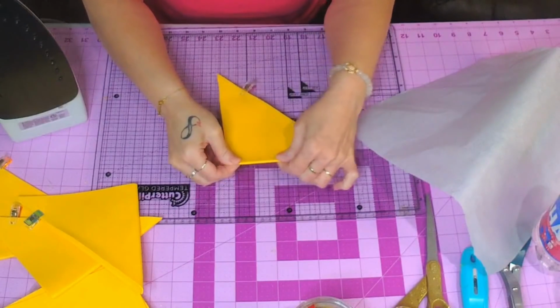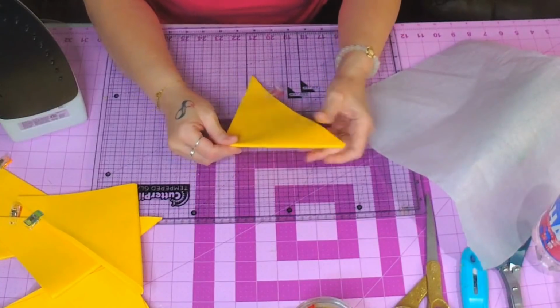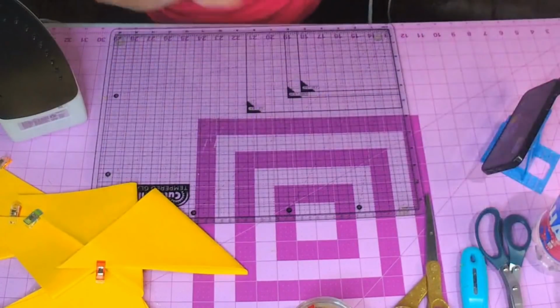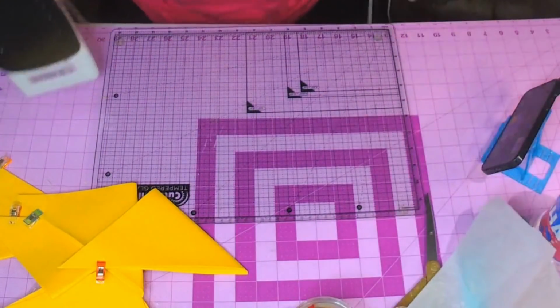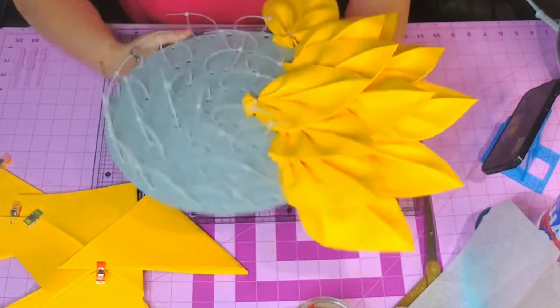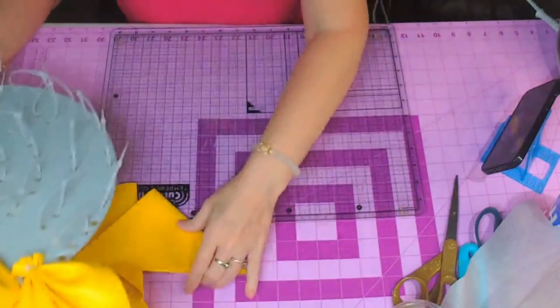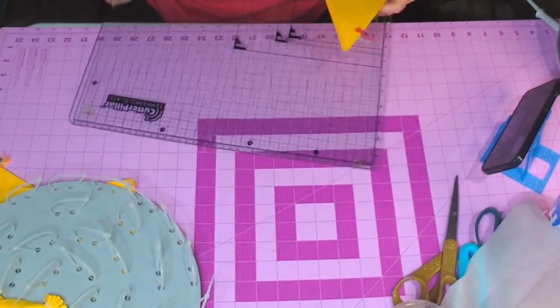Okay. While it's cooling, you just kind of press it down, and it cools really fast. Okay, so there's a few. Let's just put this over here. Now, I'm using a small board because I really didn't know how it was going to turn out when I was playing. So now what I'm going to do is move my...